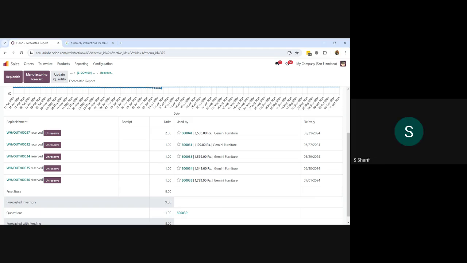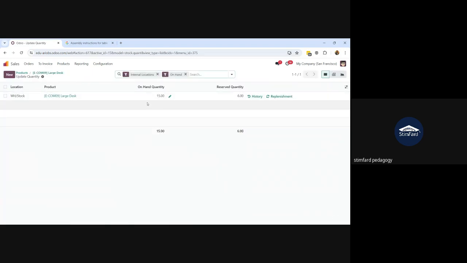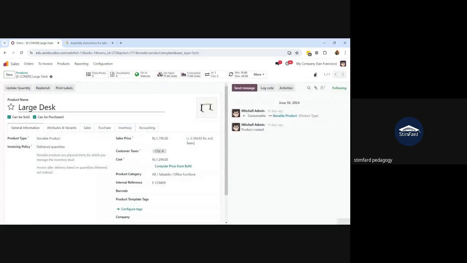And if I change this perspective, if I go back to the product, let's say this time I'm going to change the stock of the product to 17. So let's say I have on hand 17 for this product. Now let's see what happened with the reordering rule. So if I go to the min max,